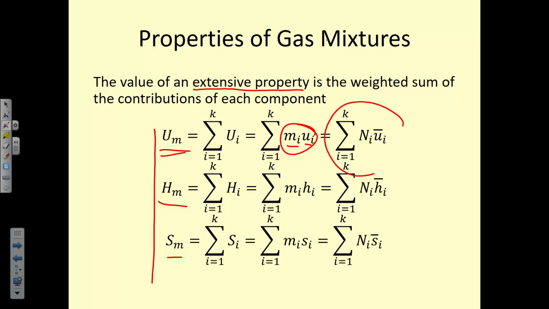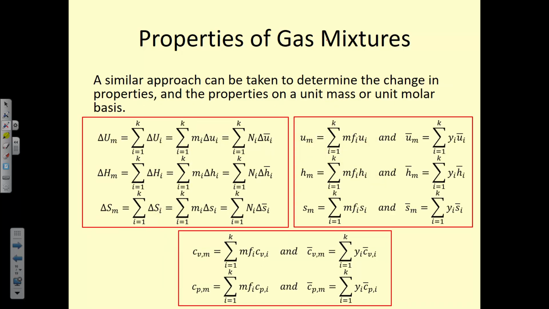We can also do it in the molar form. So if we're working in the molar form, we use the number of moles times the molar form of internal energy, so it would be kilojoules per kilomole instead of kilojoules per kilogram. So be careful on units if you're doing that. The tables for ideal gases in the back of the book: air is the only one that's in kilojoules per kilogram. All of the other gases are in kilojoules per kilomole.